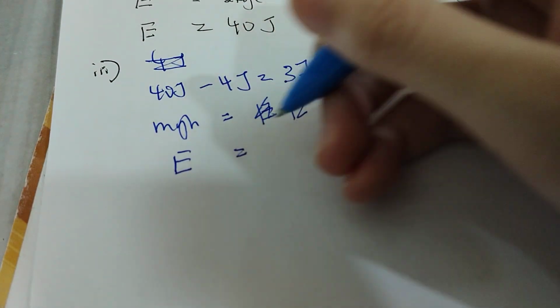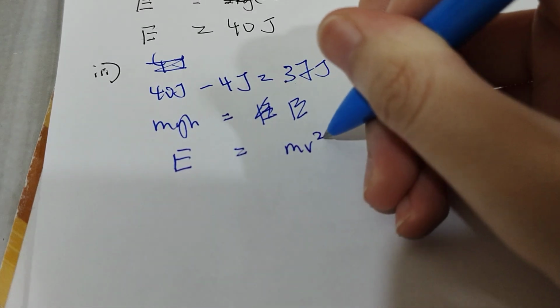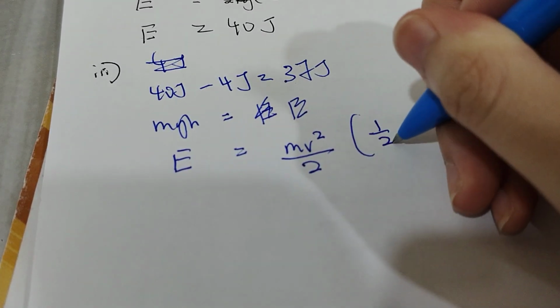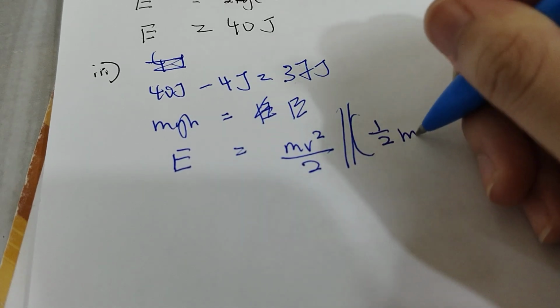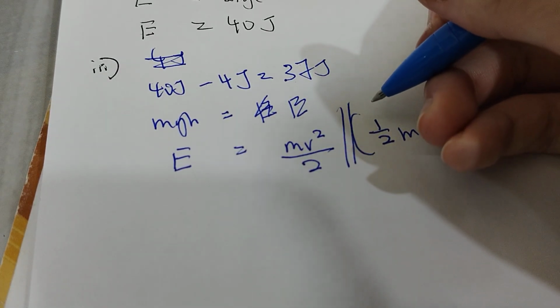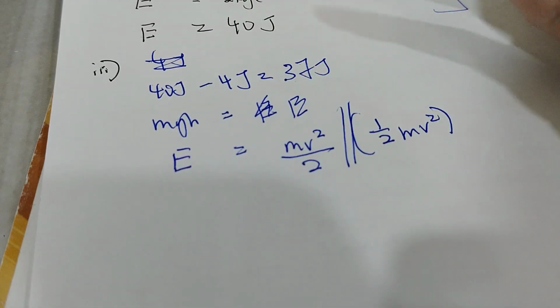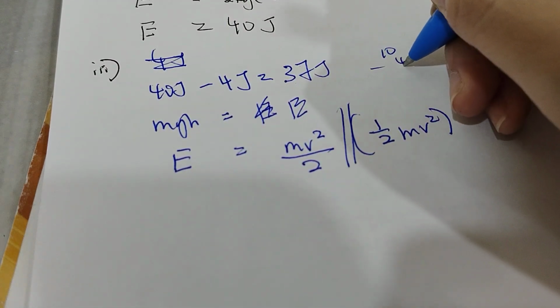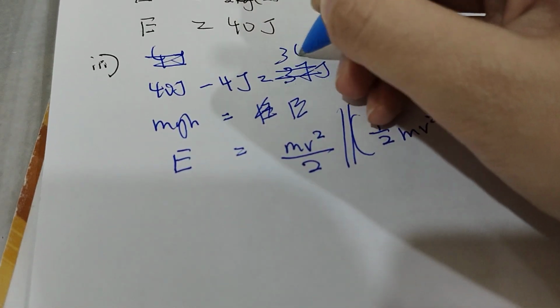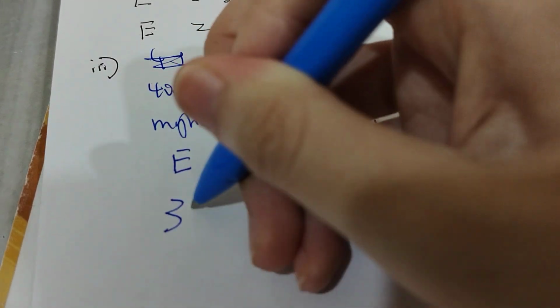The total energy could be written as 1/2 times mv squared. Sorry, did I minus something wrong? 40 minus 4 would give us 36. So 36 joules